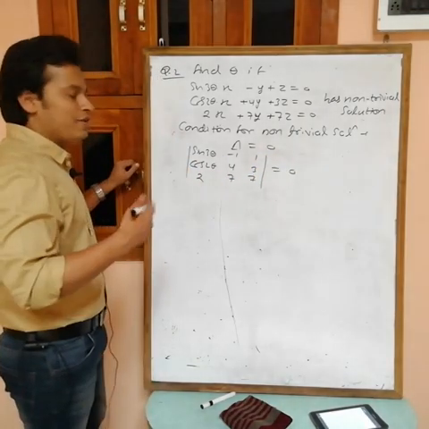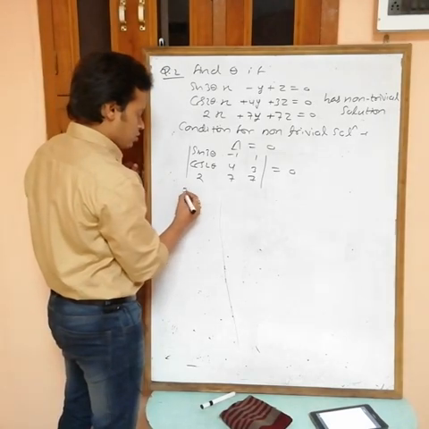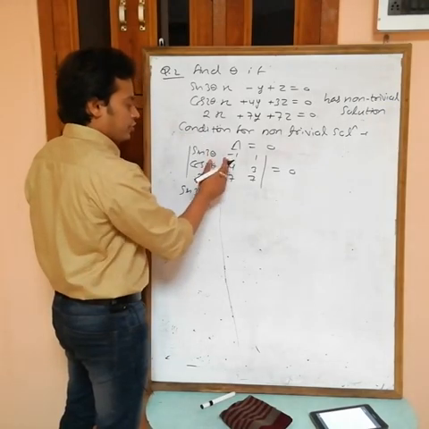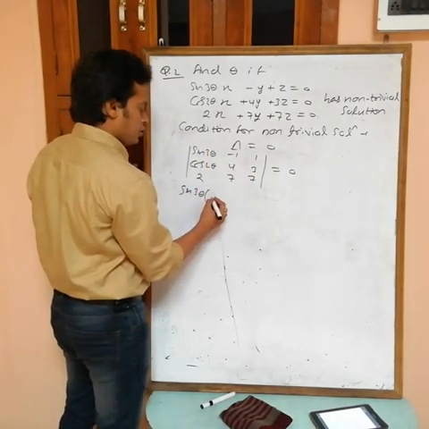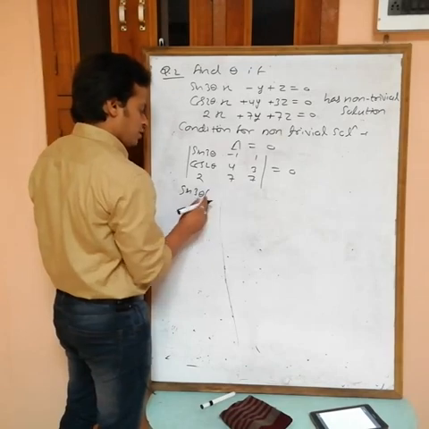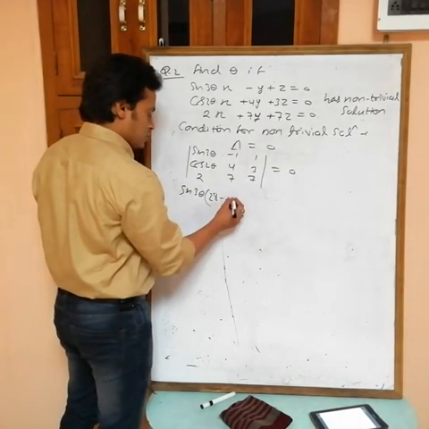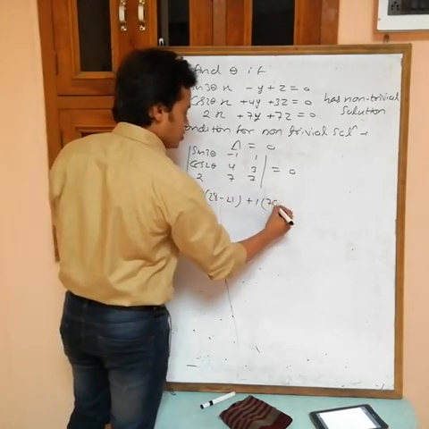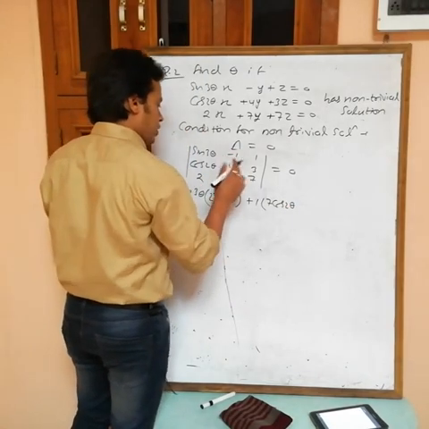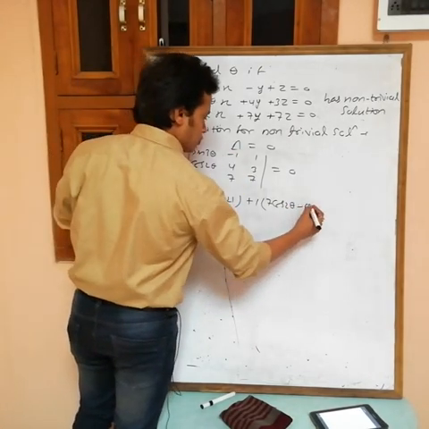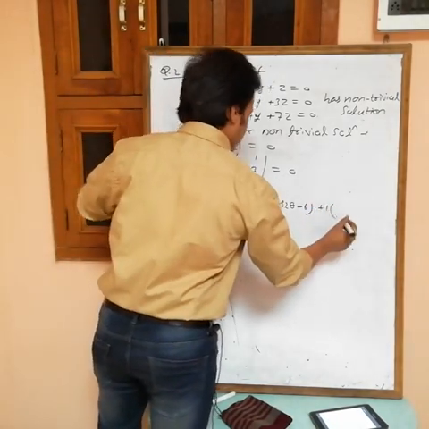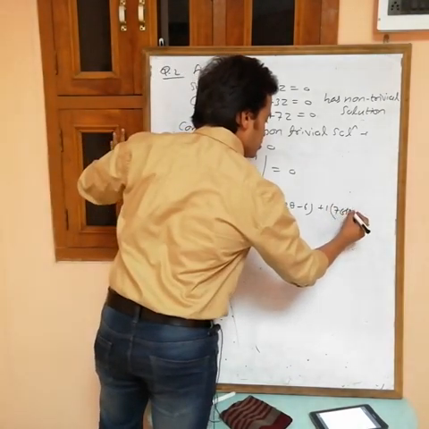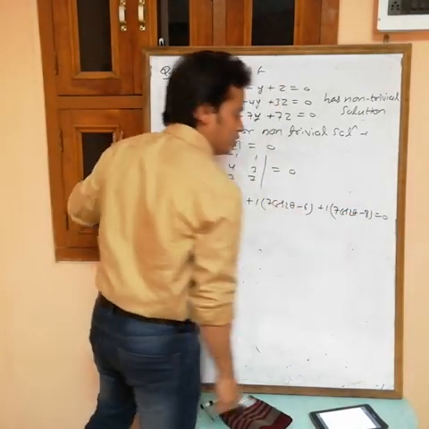Now expand. We want value of theta. So expand first. Sine 3 theta into, hide the corresponding row and column, 28 minus 21. For this one minus sign, so this becomes plus 7 cos 2 theta and minus 6. Now for this one plus 1, hide corresponding row and column, 7 cos 2 theta minus 8, equal to 0.